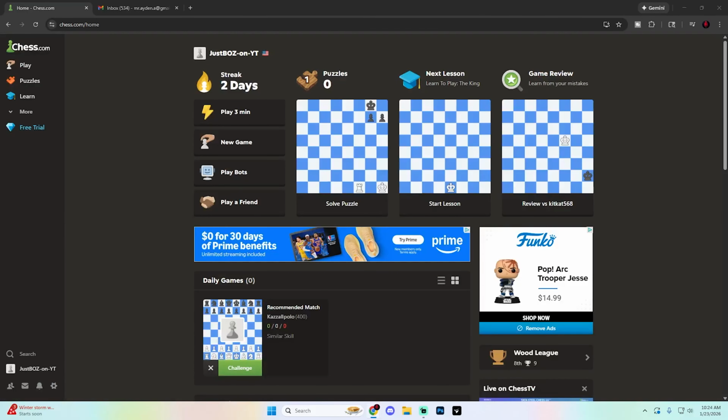In this guide, we're going to be going over how you can change your flag here on chess.com on both